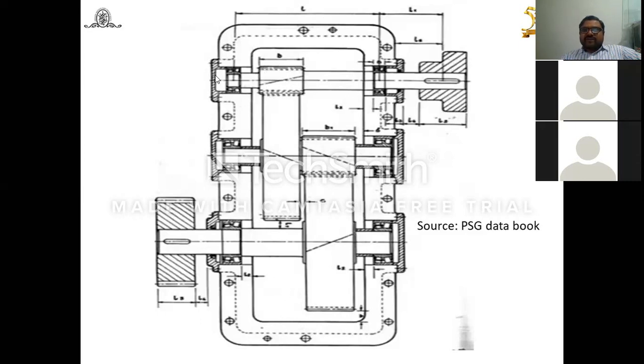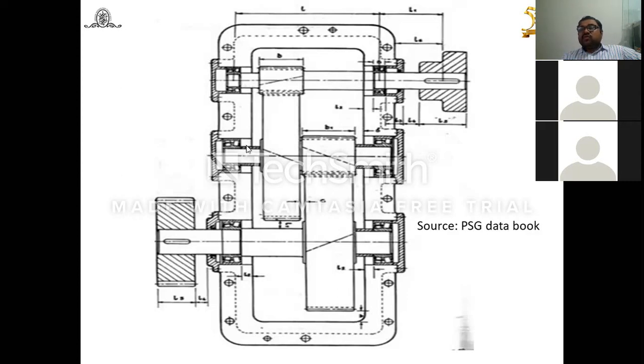And how are you going to decide the width of the casing? The width of the casing is based on this, refer to this intermediate shaft. For this intermediate shaft, this is the face width. Again, there should be a gap between these two gears, on top of the face width. So you can add this face width plus gap plus face width. Again, gap. Again, you have to provide a provision. There should be a provision of gap.